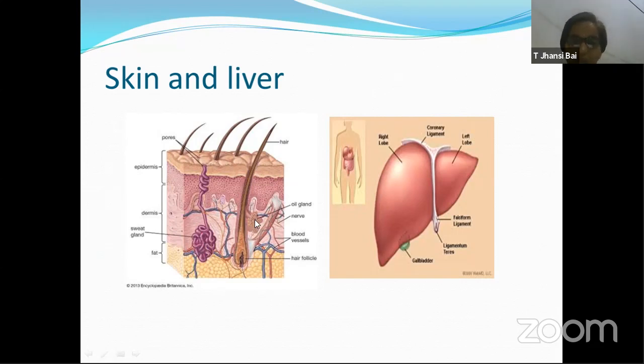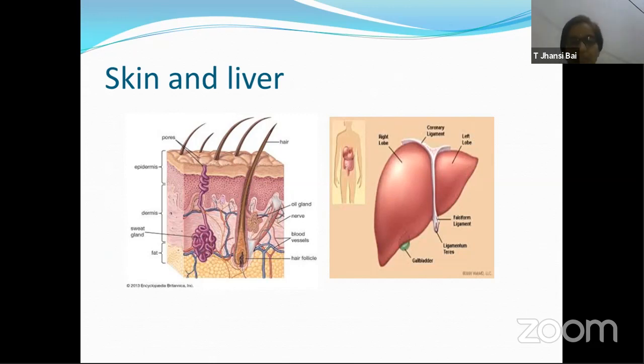Similarly, if you're talking about oil glands, which are otherwise called sebaceous glands, sweat glands are also called sudoriferous glands. Sudoriferous, S-U-D-O, sudoriferous glands. Similarly, oil gland otherwise is called sebaceous glands. So these oil glands try to remove liquid, which we call sebum, S-E-B-U-M, sebum. This is a combination of fatty acids, lipids, and waxes, sterols. All these hydrocarbons are sent out. And sebum is the one which actually tries to oil our hair, skin, and protects it.